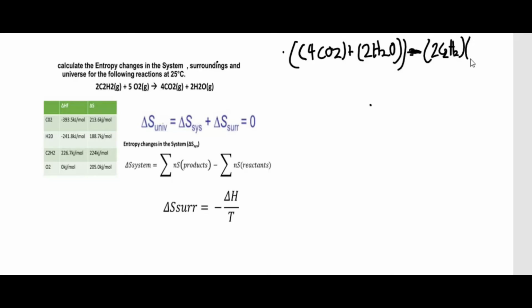So, parenthesis 4 CO2 plus 2 H2O, another parenthesis, minus the reactant, which is 2 C2H2, here, and then plus 5 O2. Alright, now that we have this,